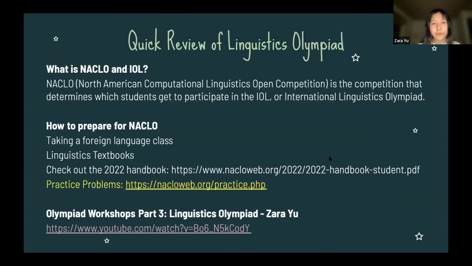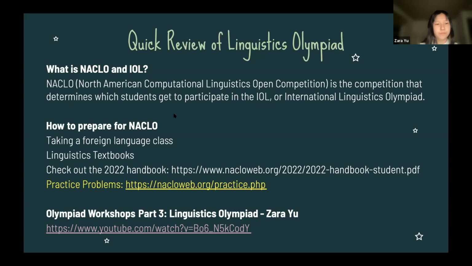First, I'm going to go over a quick review of the Linguistics Olympiad. So NACLO, which is the North American Computational Linguistics Open Competition, is the competition that determines which students get to participate in the IOL, which is the International Linguistics Olympiad. NACLO is split into two rounds. The first round is the open round, and the second round is the invitational round. For the open round, anyone can participate. And then for the invitational round, if you're in the top scores in the open round, you get invited to